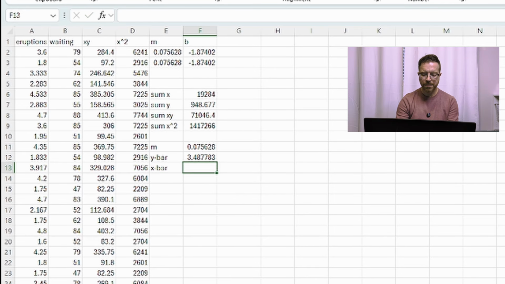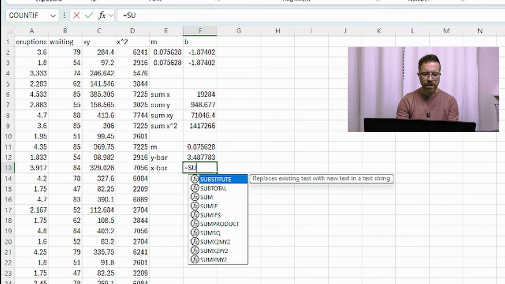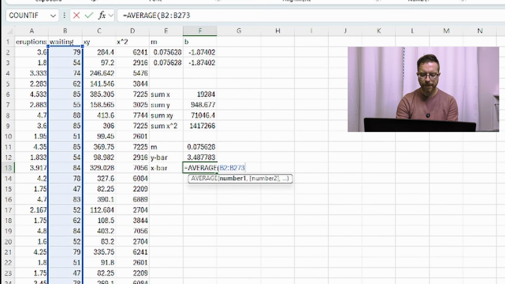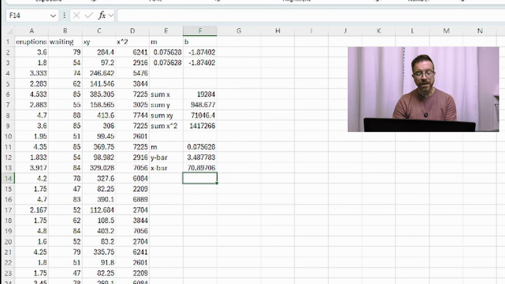This is going to be the same thing, equals the average of, now it's going to be my B column, so B2 through B273. And then the last thing is to get my b, this is going to be y bar, so equals y bar minus m times x bar. And you'll see that we get the exact same value as when we solved it using LINEST and using the slope and the intercept commands, a b or y-intercept of negative